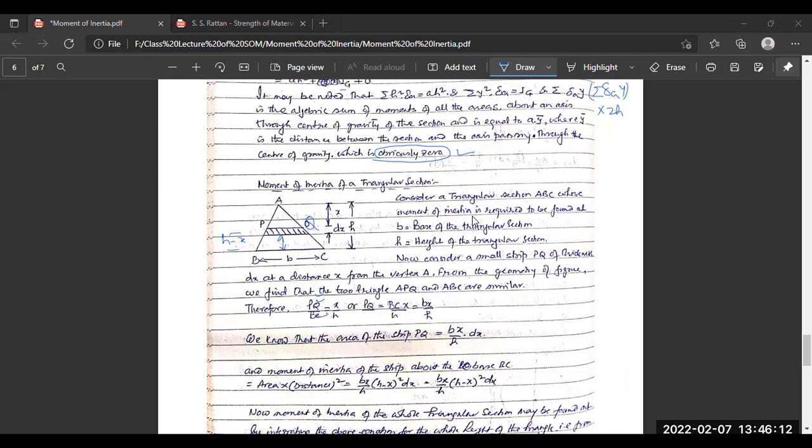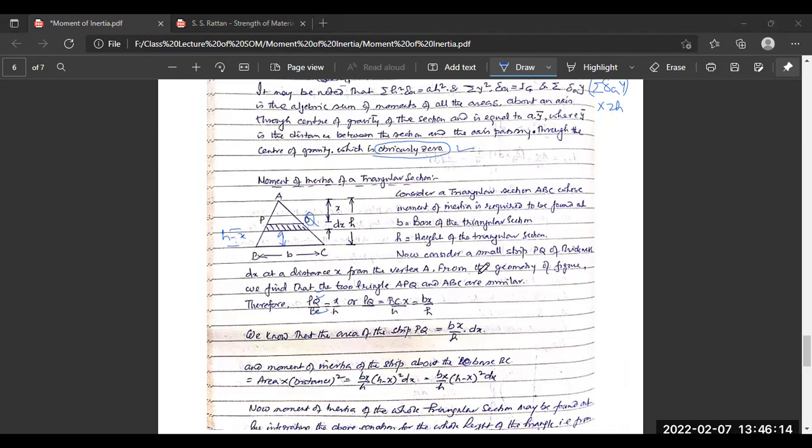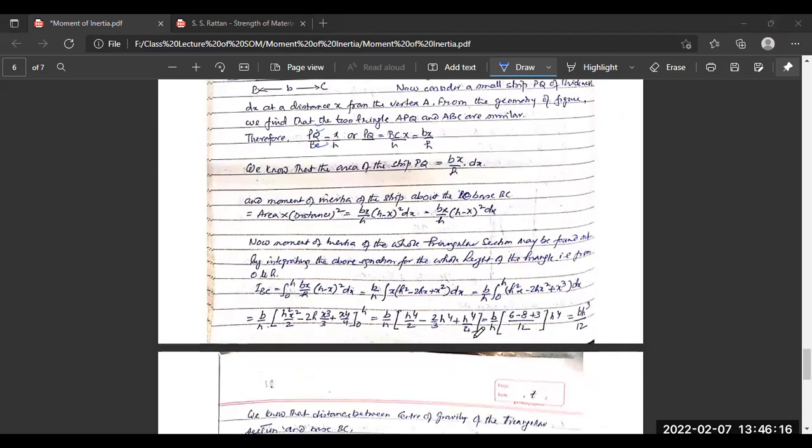Now the moment of inertia of the whole area may be found out by integrating the above equation for the whole height of the triangle, that is from 0 to h. So IBC, the moment of inertia of this triangle about the side BC, is equal to the integral from 0 to h of B x divided by h into h minus x whole square into dx,